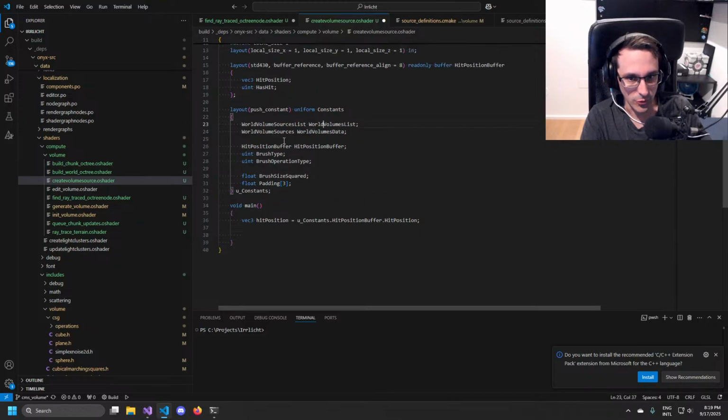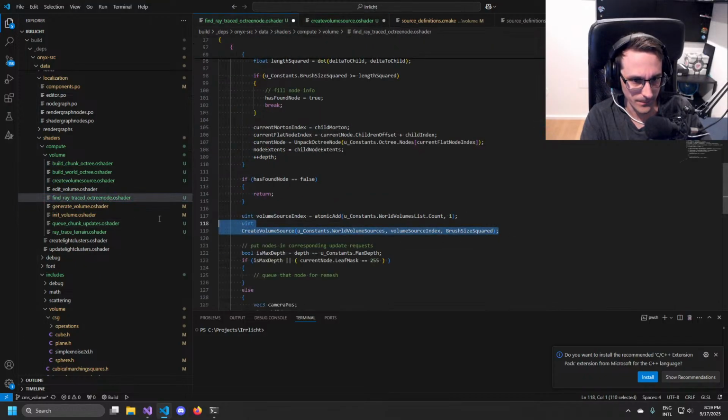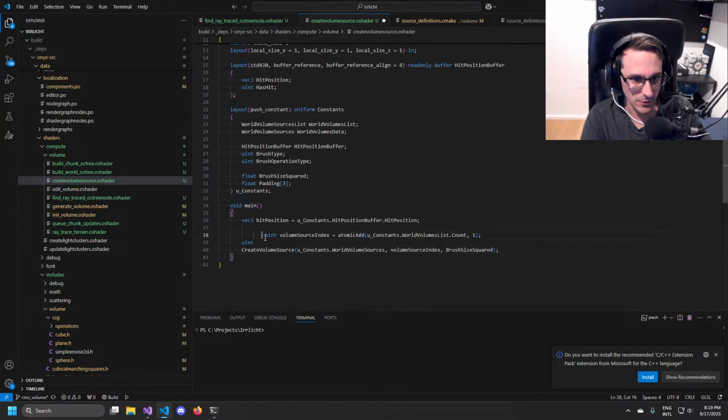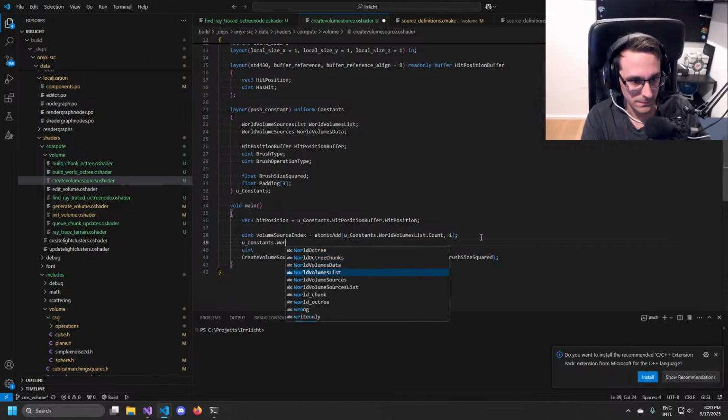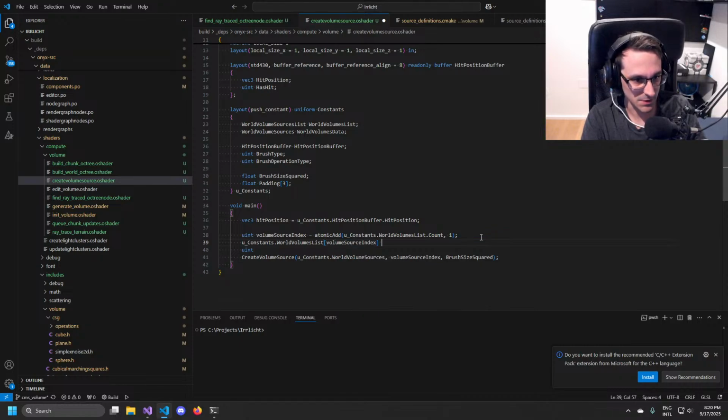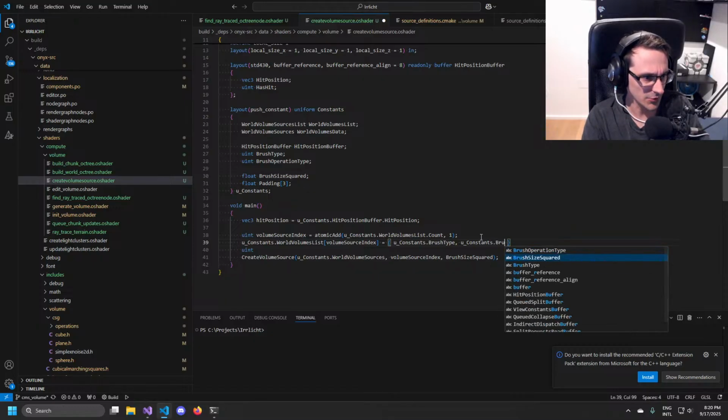And we just do what we did there, basically. So we take our volume source index, add that index and we initiate that with the u constants brush type, u constants brush operation type,